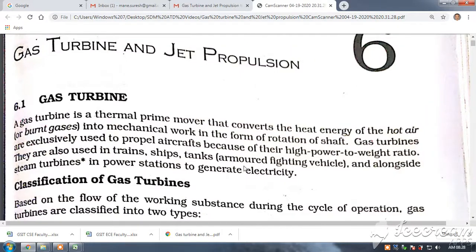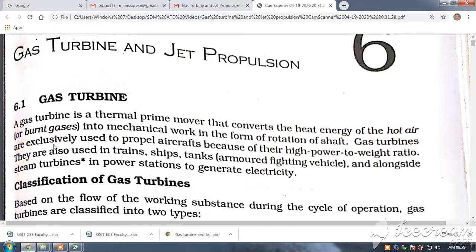Now we look at module 2, the applied thermodynamics, that is on gas turbines and jet propulsions. Okay, we will see what is gas turbine as well as various types of jet propulsion. In jet propulsion, it is mainly theory. We will see four types of jet propulsion, that is turbojet, turboprop, ramjet, and rocket. Whereas in gas turbine, we will see the open type gas turbine, closed type gas turbine, and the ways to improve the efficiency of gas turbine.